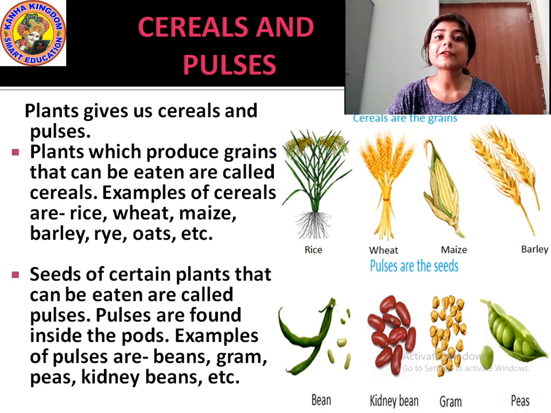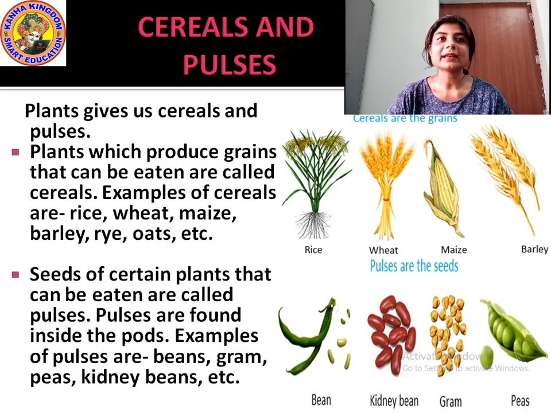These are the different kinds of cereals. The grains of the plant that we eat as food. And these grains are ground to make flour. See the rice that we eat, those are what? Those are the grains of the plant. Then the chapati that we eat, it is made from what? It is made from wheat. Wheat is a grain of the plant.